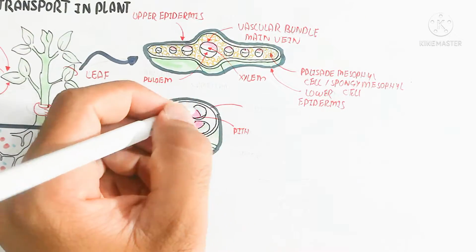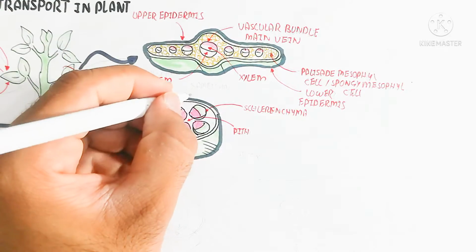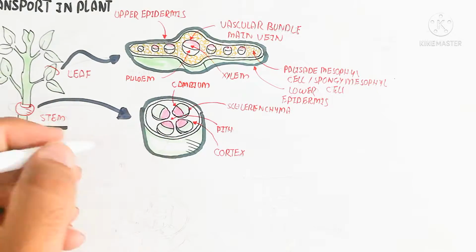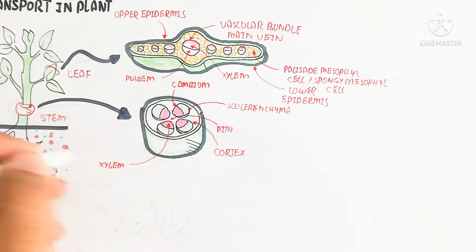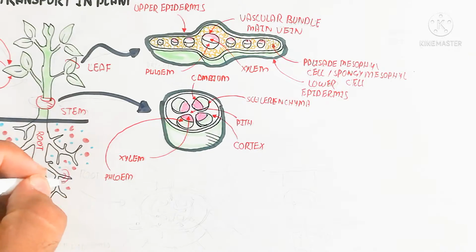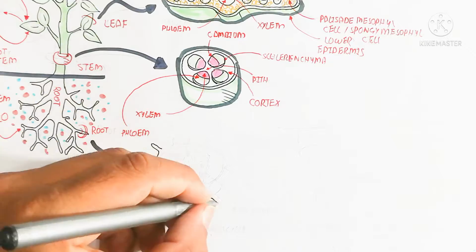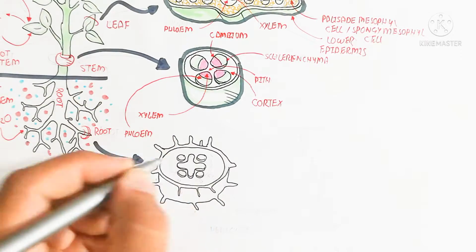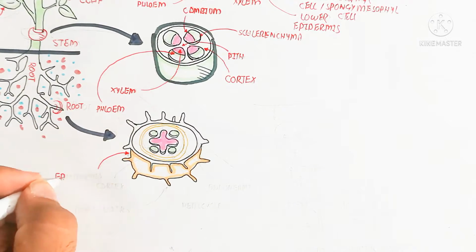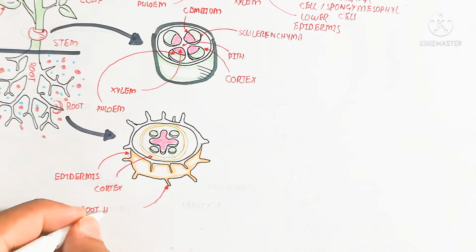So this is the stem cross section. Let's begin to understand. This is the sclerenchyma, and this is the pith inside, in the middle, toward the old xylem, and here is the cortex. This is the xylem, red or pink in color, and the phloem is the green color showing in the figure. Remember, during secondary growth, the phloem will move outward because the vascular cambium is present. On the other hand, the xylem will move inward,